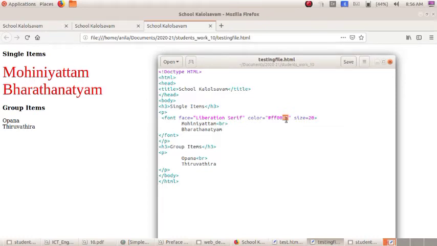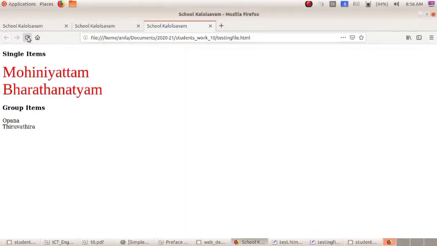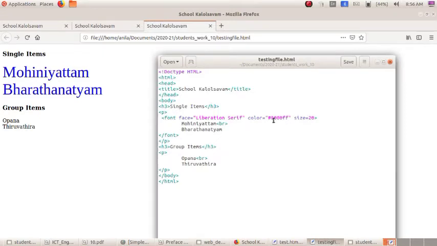If I make the last two zeros F and save it, then refresh, it changes to blue color. So here are the combinations of RGB primary colors, and we can give many colors.